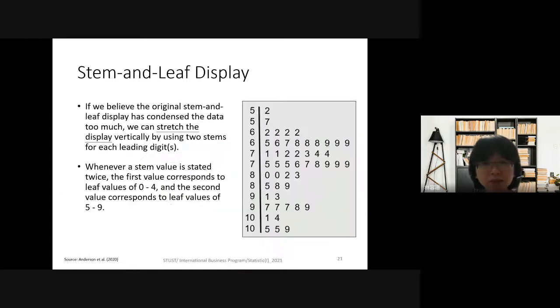If we believe the original stem and leaf display has condensed the data too much, we can stretch the display vertically by using two stems for each leading digit. For example, if today,